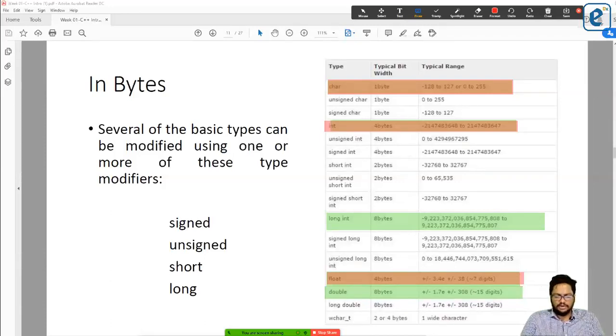Let me ask it as a simple question. What's the maximum number an integer variable can hold? Anyone? Zero? I mean the maximum value.